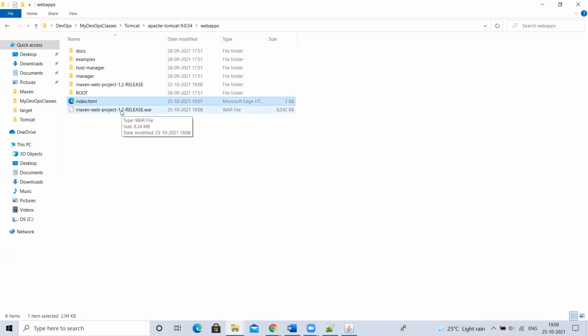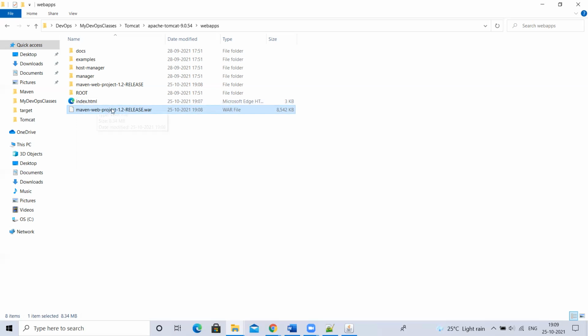I'll generate a new war file with the new version and then deploy it here. But am I following that approach? No. Actually, if a developer modifies index.html and pushes it to GitHub, I have to generate a new artifact using Maven, and here I have to undeploy the older one and then deploy the 1.3 version. But I'm not doing that. Instead, I'm directly modifying the code present inside a war file. So if you do it like that, it is called a hotfix.